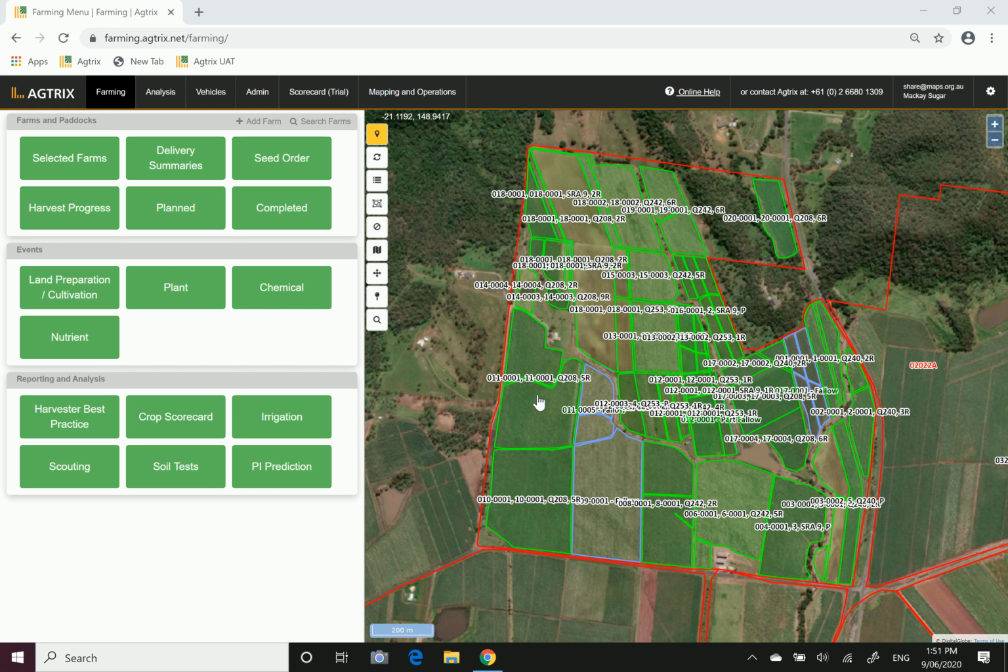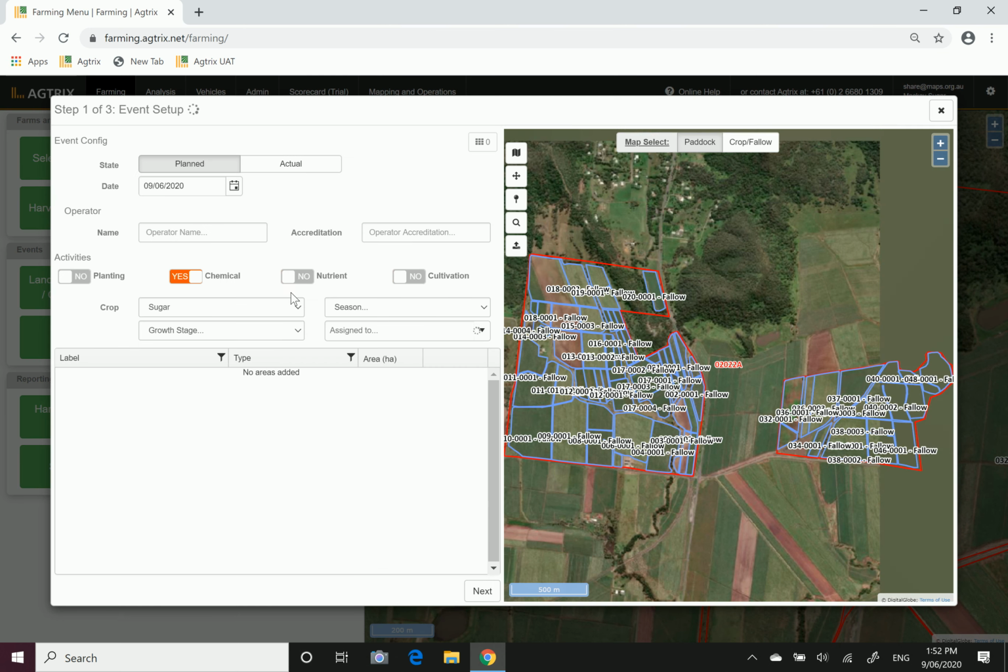So to record chemicals, it's pretty simple. You just want to log into your account, head over to the left hand side with the green buttons and look for the one that says chemical in the middle. When you click on the chemical button, it will take you to the first step, called the event setup, and